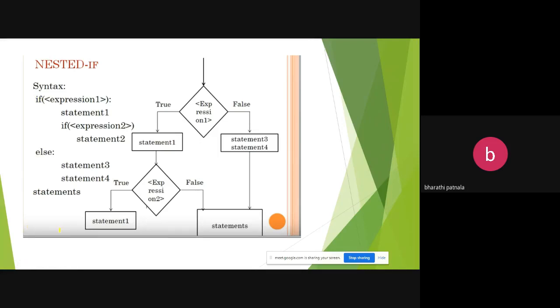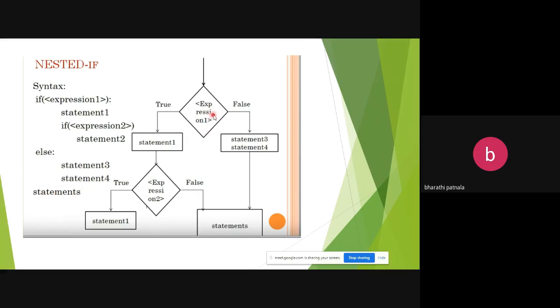You can check one more if statement within another if. Here you can see if expression 1 is true, statement 1 will be executed, and you can check one more condition in expression 2 too. If it is true, statement 2 is executed, otherwise statements 3 and 4 are executed, and finally these statements.